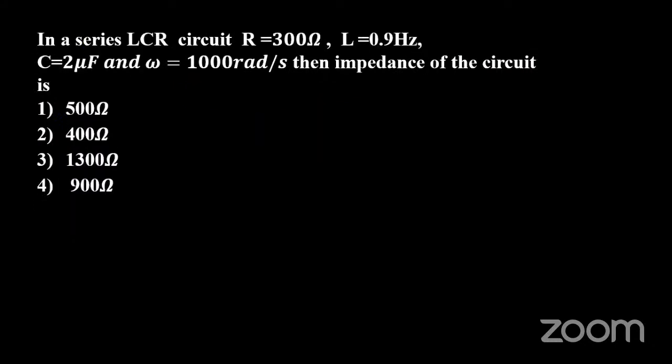In an LCR circuit, R, L and C, omega and nu are given, and the impedance in the circuit is asked. Okay. Impedance is Z equals root of R square plus (XC minus XL) whole square. XC is equal to 1 by omega C. XL equals omega L. How much omega is given? 1000. And L is